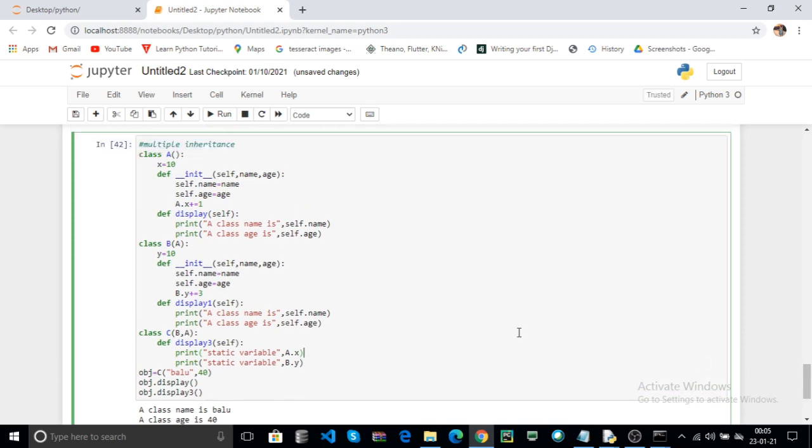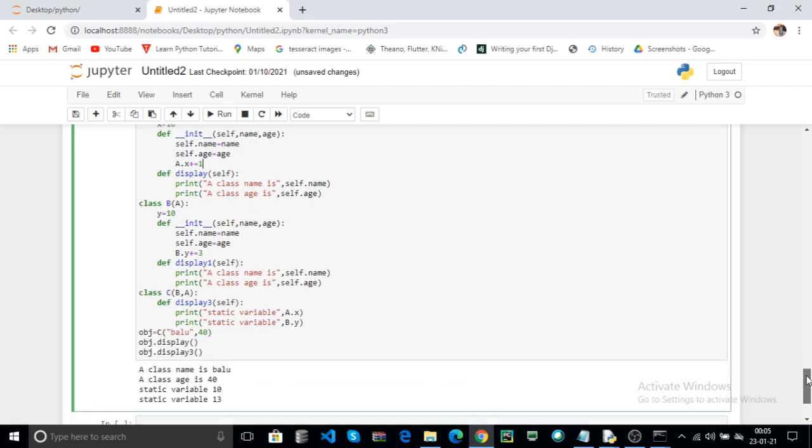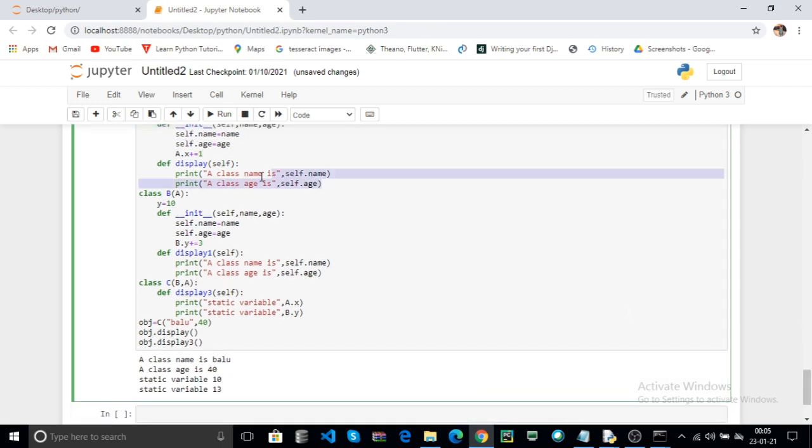First the class is A. Here the class contains the static variable x equal to 10. Here this is one constructor in the class A. Now use the static variables. You can use the parent class name dot your static variable, or you can also use your class instance variable. Here the class contains one display method.